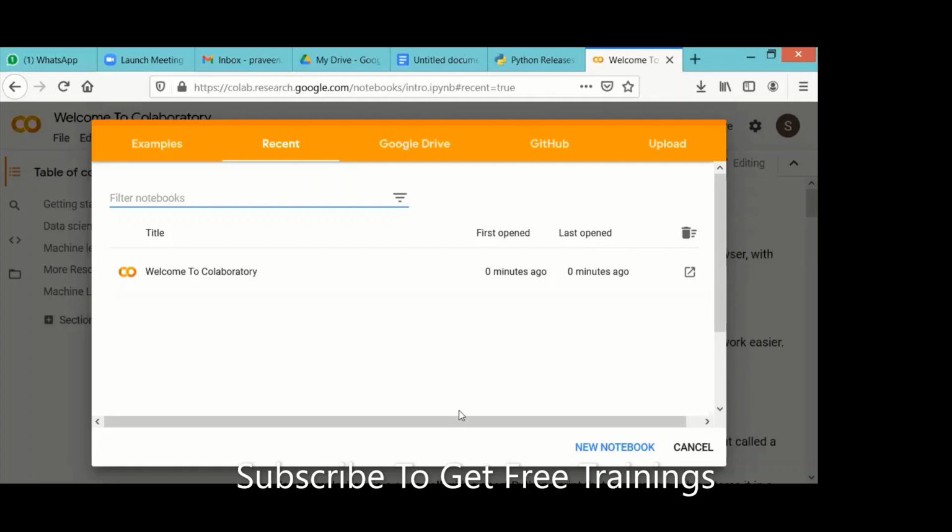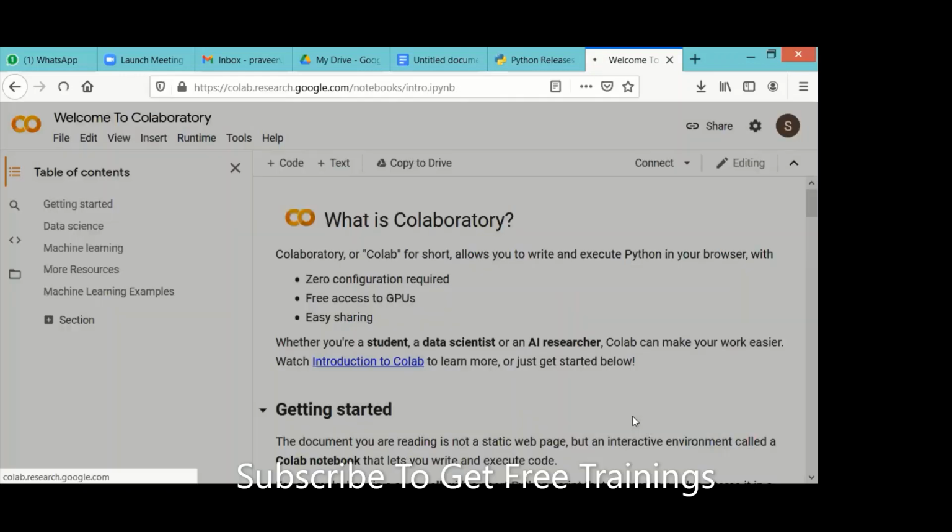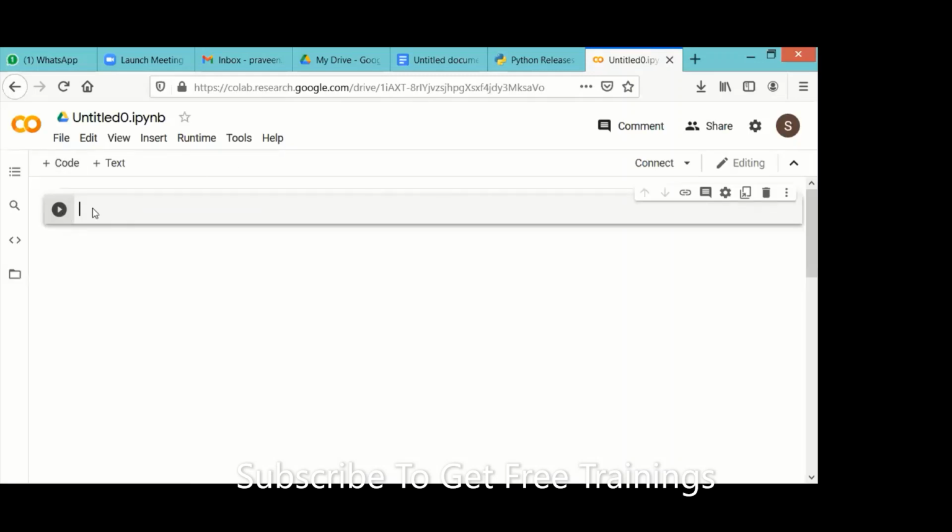Look at this, I'm clicking on notebook. Hope everyone is observing my screen. Here we can start writing the program. For example, print the very basic program, hello world.